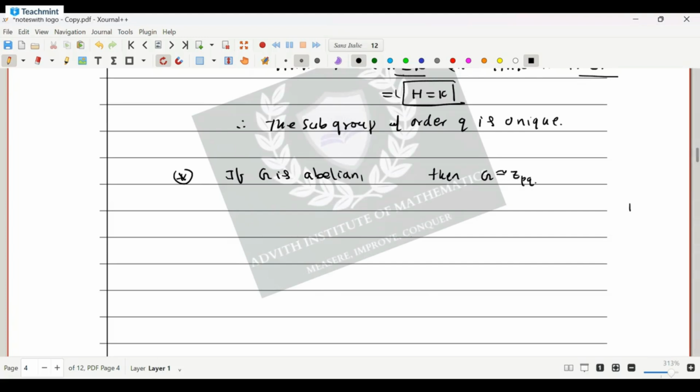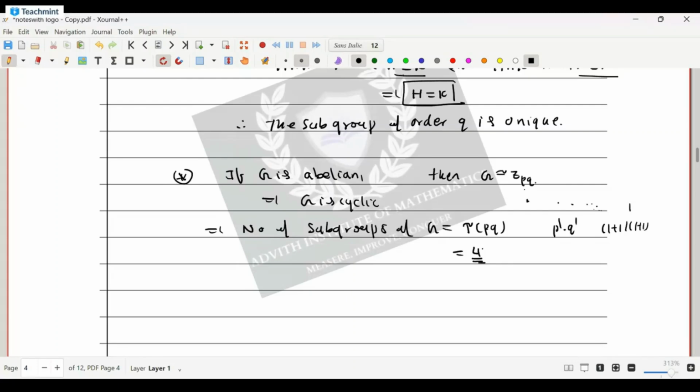So number of subgroups of G is equal to tau of PQ, sir. So therefore the number of subgroups of order P is unique, and the number of subgroups of order Q is also unique, sir, in this case. So which implies G is cyclic and the total number of subgroups of G is equal to tau of PQ, sir. So that means P power 1 into Q power 1, by the formula (1 plus 1) into (1 plus 1), which is equal to 4, sir,